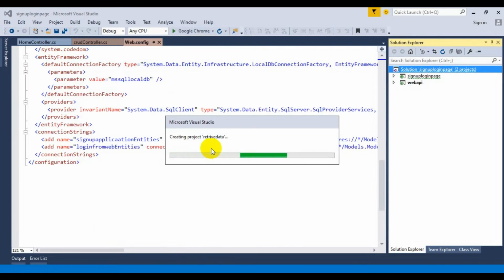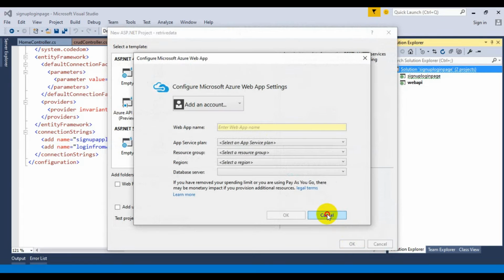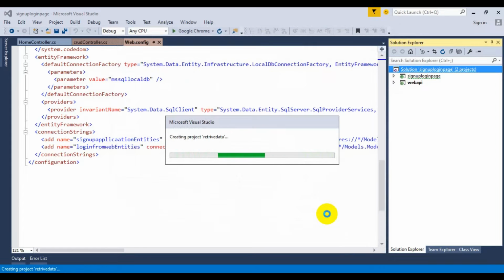It requires a few seconds, then just select API and click on OK.